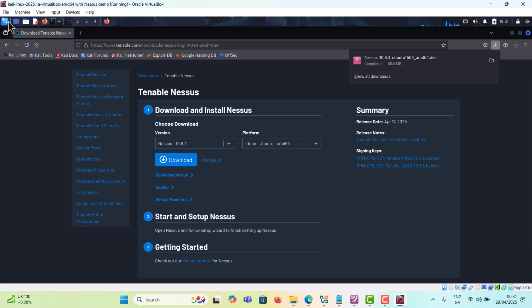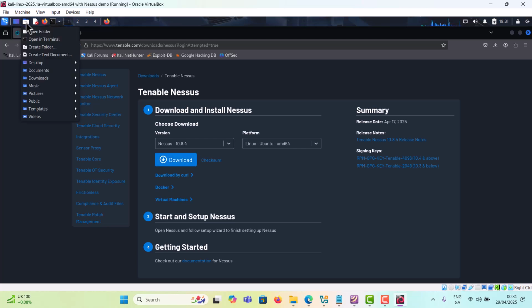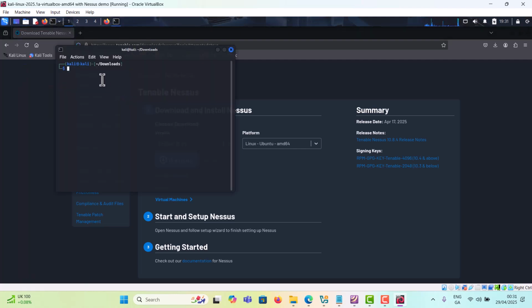If you look here, the first icon, like I showed you, was that menu. The second one is something else, but the third one is a folder, and if you hover your mouse, it says home, /home/Kali. So we click there, and what you want to do is go to downloads and choose open in terminal, the second option. You need that. So we click there, and now if you type in ls, short for list, and look, there's my Nessus